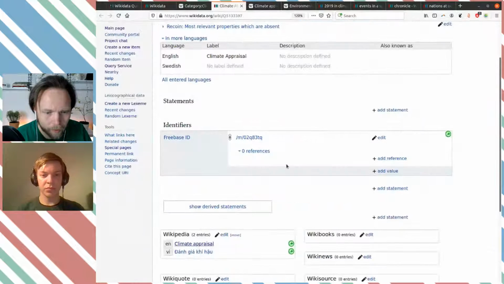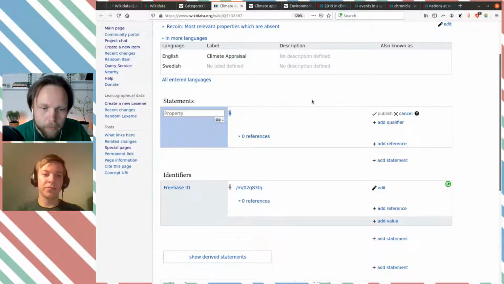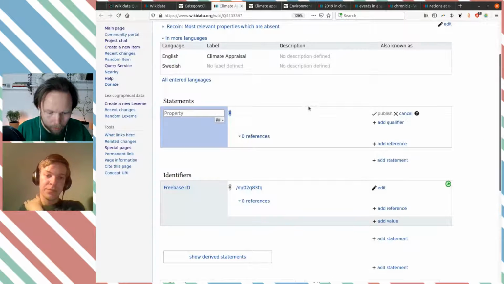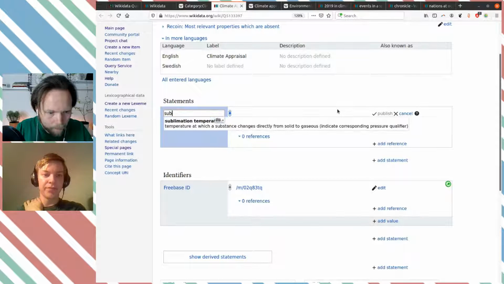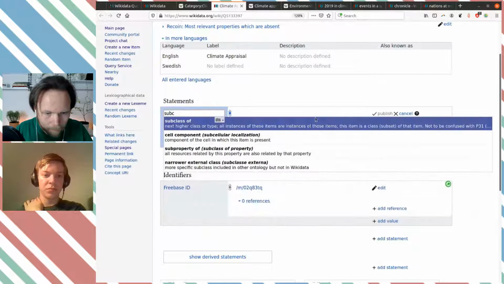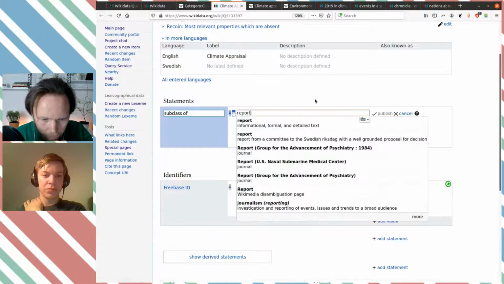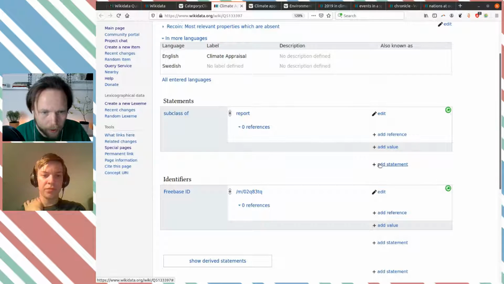Well, let's not merge them right now, but try to say this is a. But this is probably a subclass then, rather than an instance. Yeah. Because this is not. And then we could have the Canada 2018 climate appraisal or something like that. Indeed. Subclass. We probably have several kinds of reports. It's not the Swedish Riksdag report. And then this will be